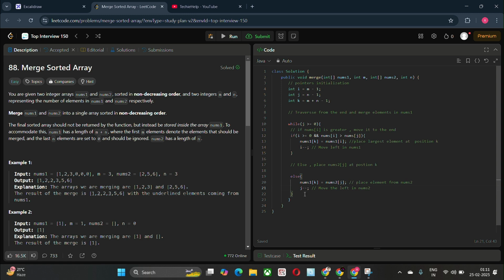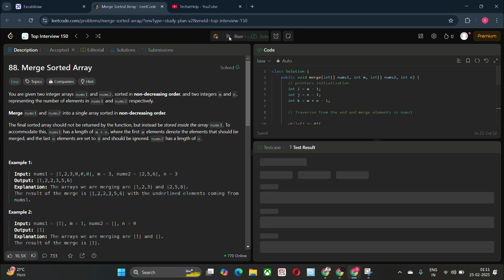Then k minus minus moves left in nums1 to the next merged position.